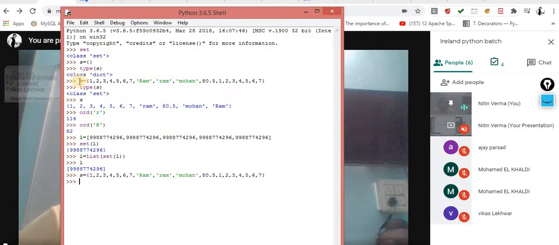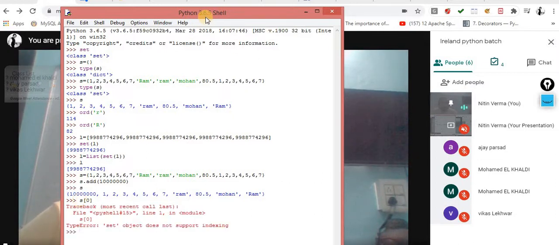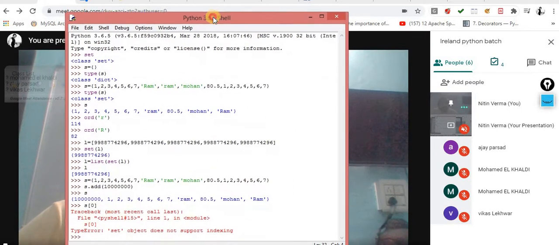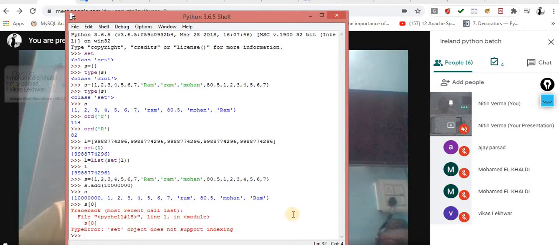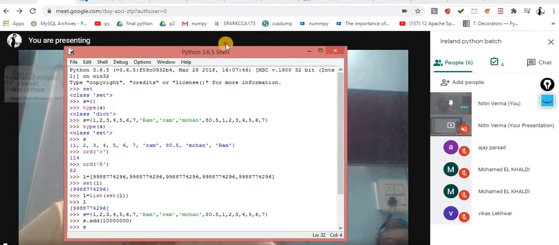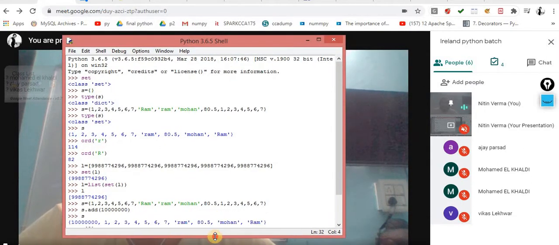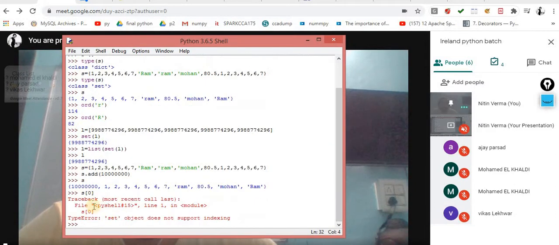Now what are the various methods associated with this set? So first is add. Add is the method. Let's suppose I want to add this 1000. Now this has been added into the set. Again, you cannot do slicing. Why so? Because this is an unordered collection. If I try to do it, you will get an error message, because this concept is not applicable with dictionaries and with sets. You are not supposed to do indexing and slicing, because here the term indexing is not available, and slicing is not available. So you cannot do this.